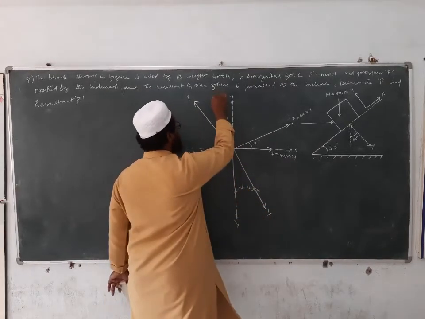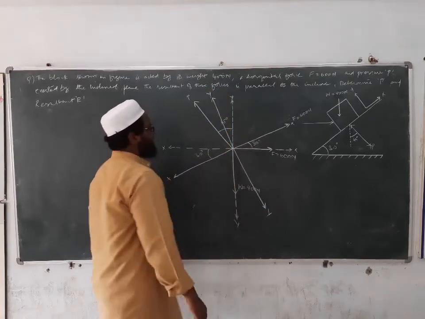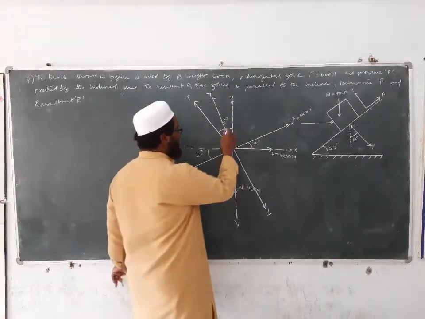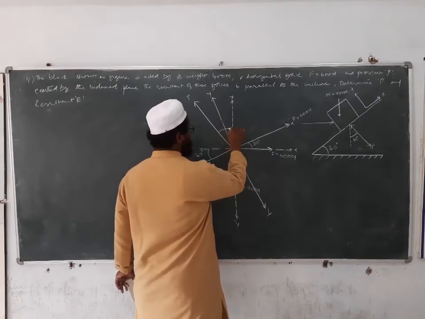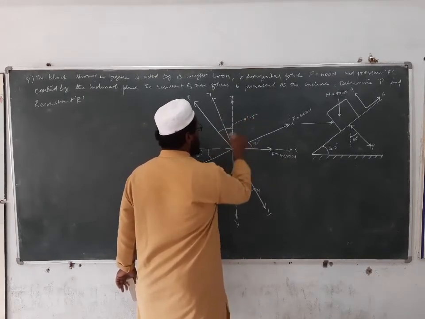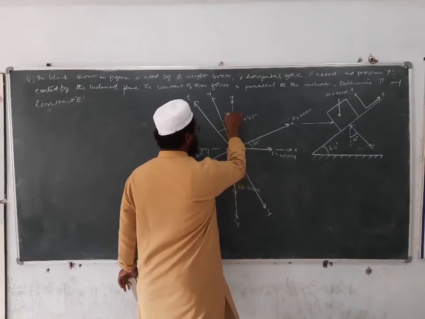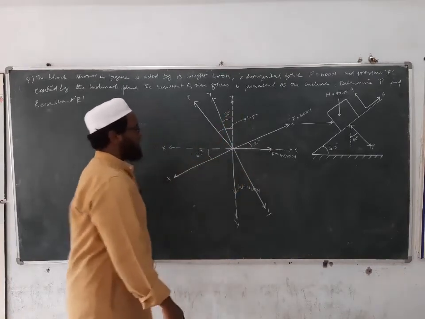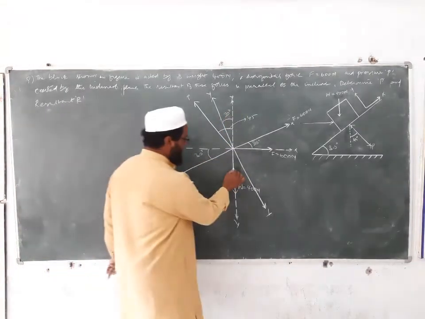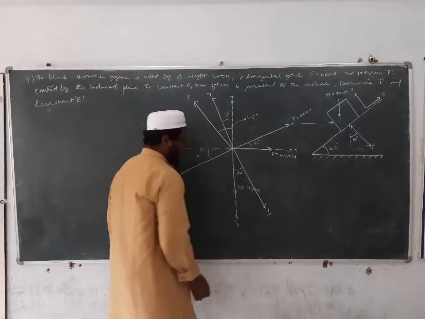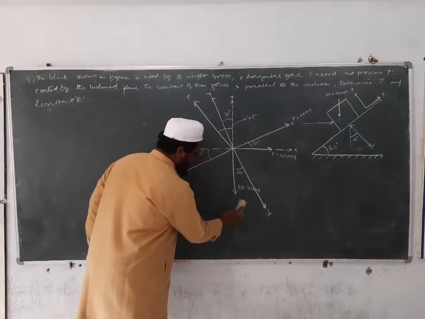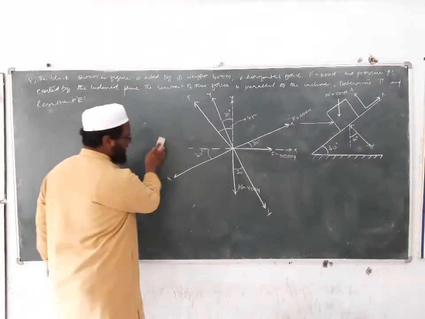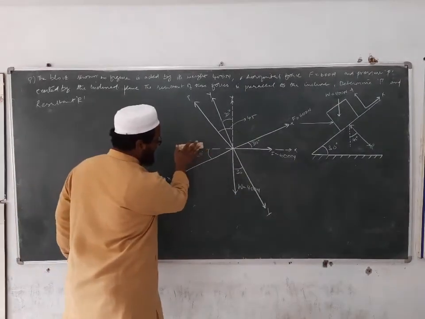This is the y axis, and this y axis is according to our problem. So now see here, this is 45 degrees and this is 30 degrees, isn't it? This one also 30 degrees. Now what I will do, I will remove this axis, the regular x axis which we have drawn initially.